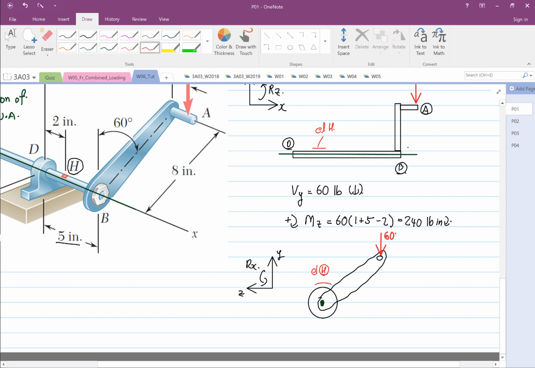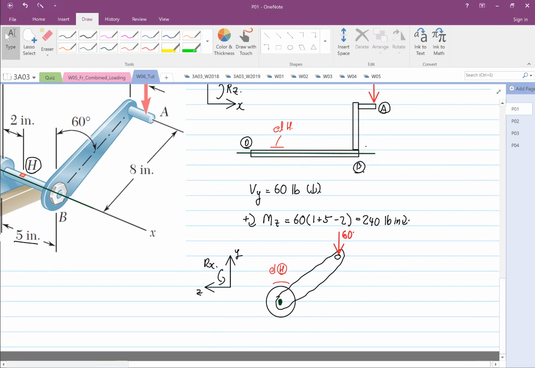So how the neutral axis will deform is going to induce a torque. When it's deformed, the neutral axis will not change, will not bend. So that's why we call it a torque. So Tx, the torque in the x-axis,